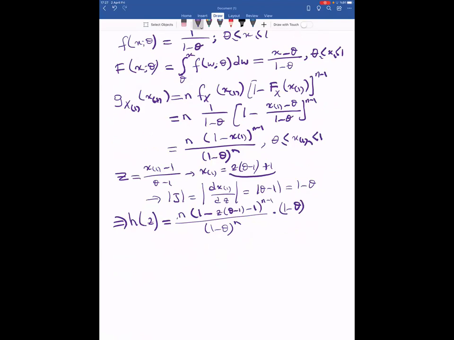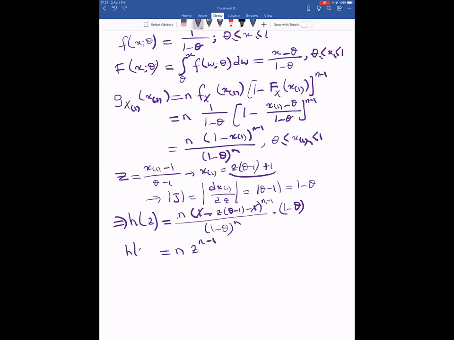Okay, so this and this cancel out. So we have minus θ minus 1, which is (θ − 1) minus θ to the n minus 1, and we have 1 minus θ here. So basically this 1 minus θ to the n term cancels out, and we have the z to the n